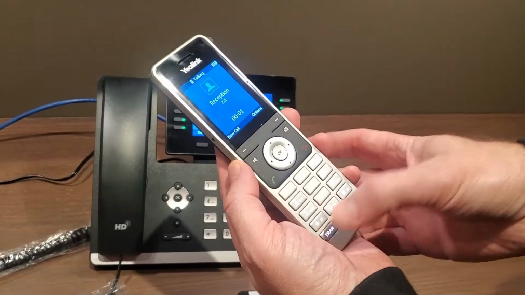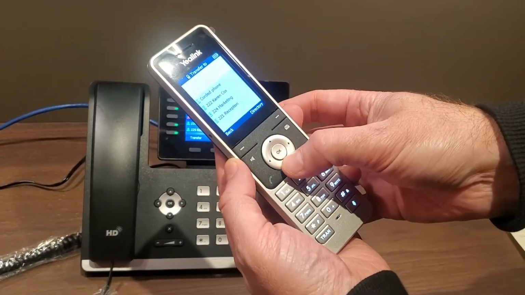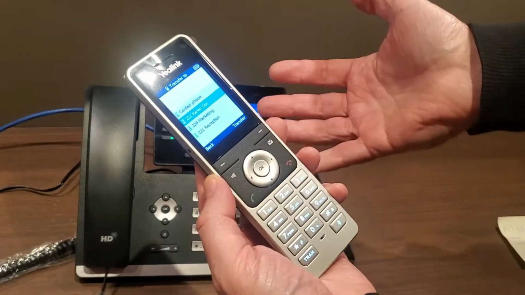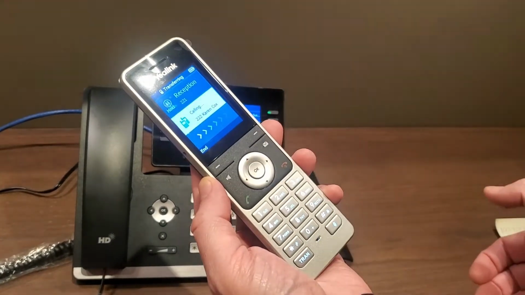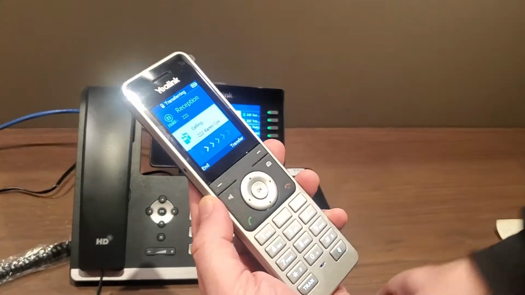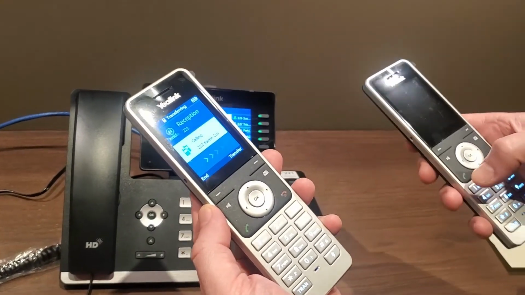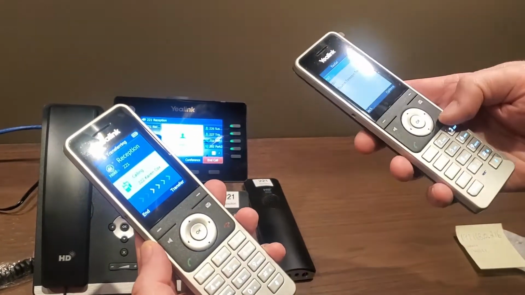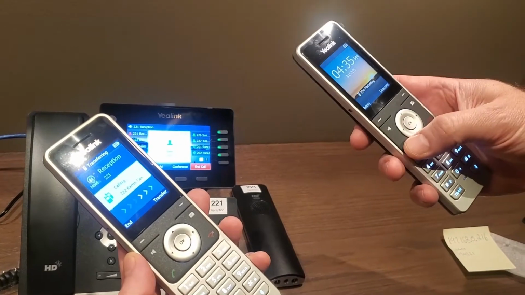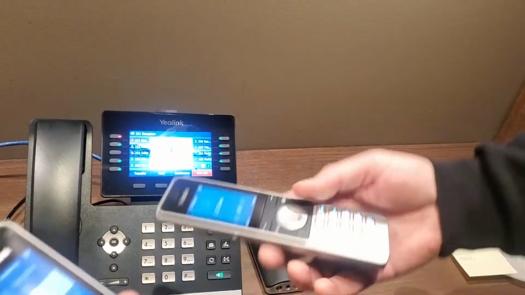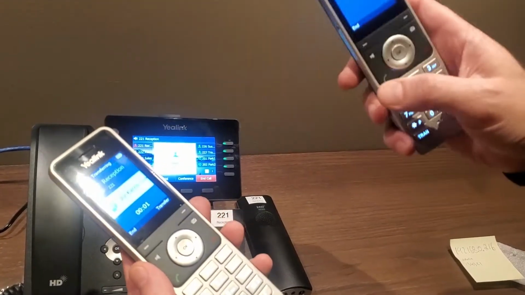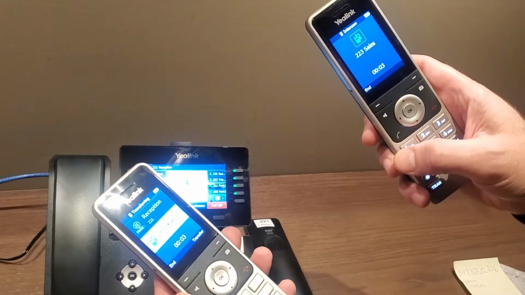The other way, transfer. You can select from the list and just transfer it over to, for example, Karen. And in this way, the difference is that you have an opportunity to... Which one's ringing? Oh, that's Karen's phone. Okay. With this method, you have an option to talk to Karen for a quick second, tell her who's on